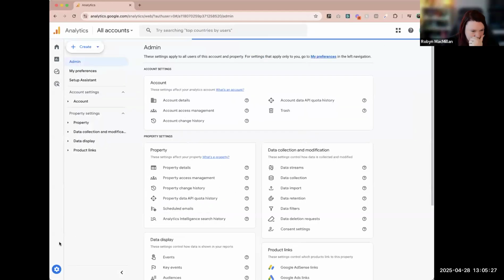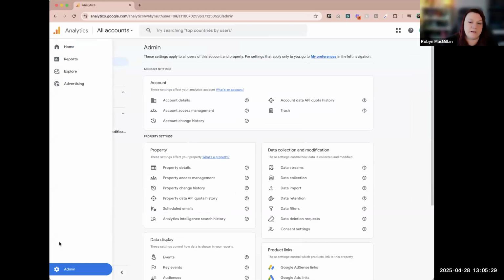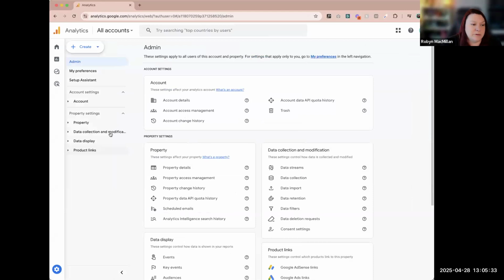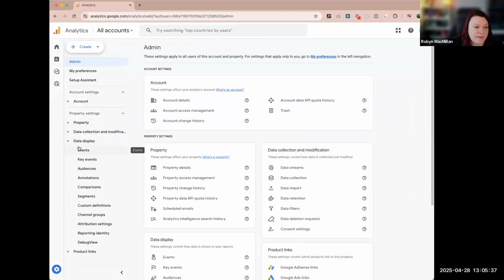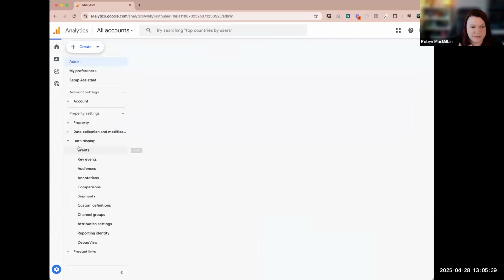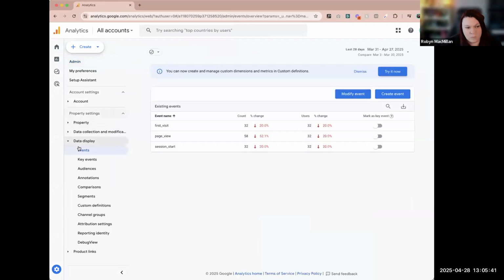And this brings us up all of our information about our account. So what we then want to do is, if we go into data display, we then want to go into key events here. And what this allows you to do is to create or modify past ones that we've created moving forward. So what we can do is, if we create event,